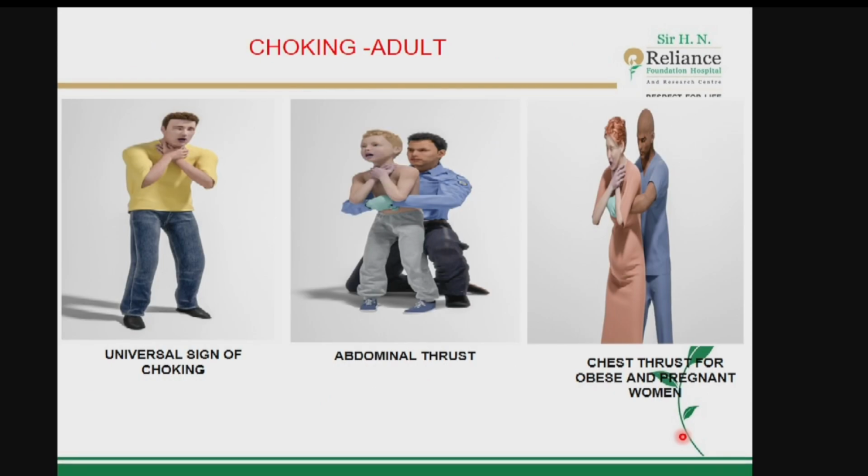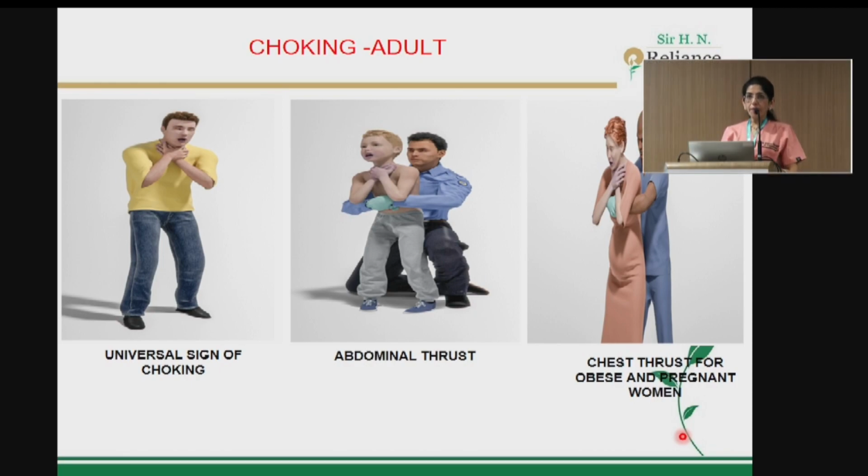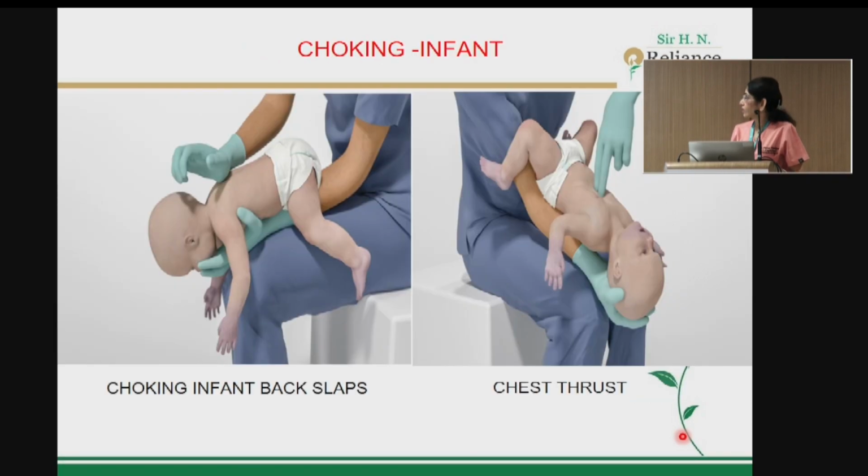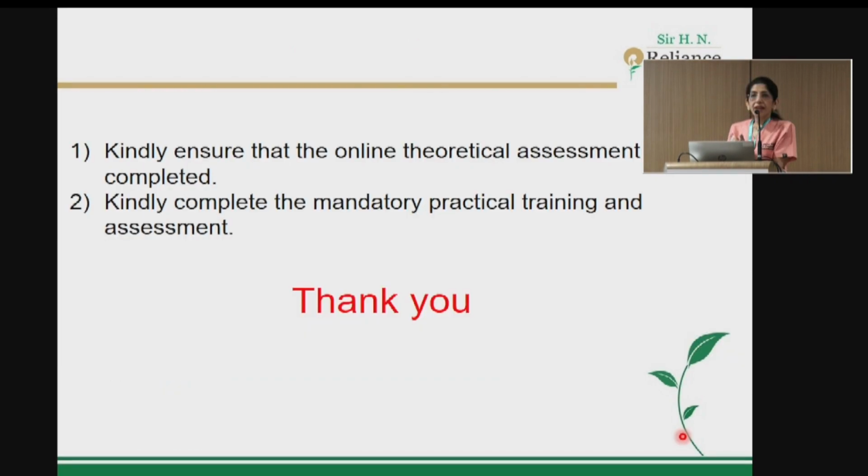In case of choking, the Heimlich maneuver is practiced, and you can go behind the patient and give an upward thrust so that the foreign body comes out. If it's an obese or pregnant patient, then you just have to give chest thrusts. If it's an infant, you can place the infant prone and then give thrusts at the back. And these are the steps of CPR. So I hope now if you have an arrest or the patient becomes unresponsive in front of you, you know the steps and how to go about it. Thank you very much.